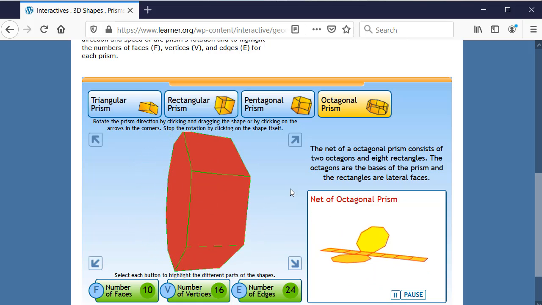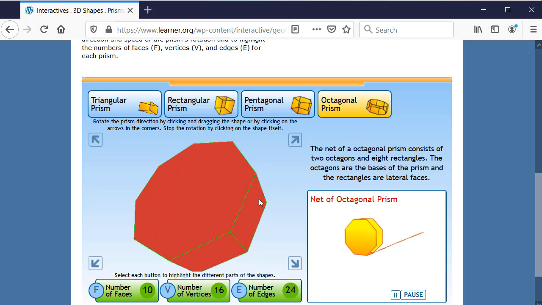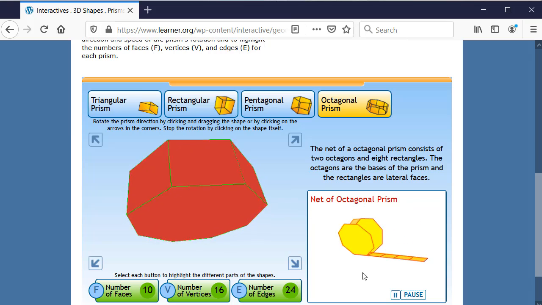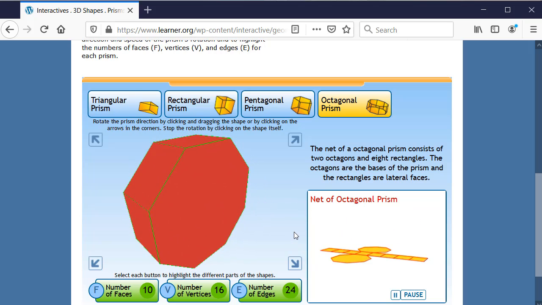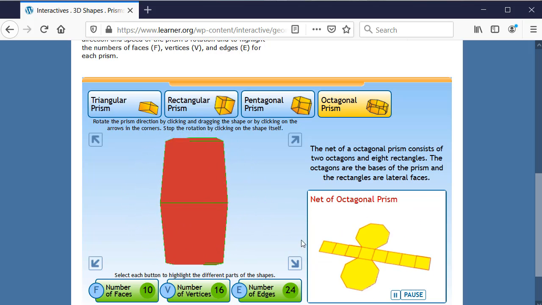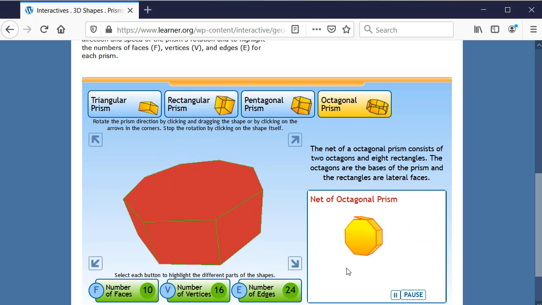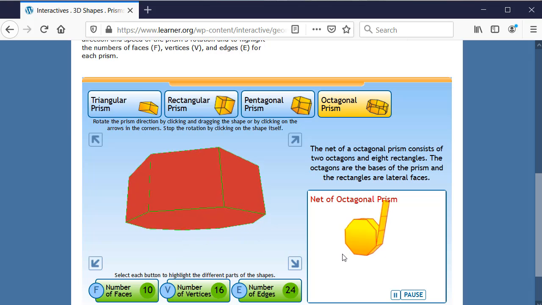A lot of times, especially if this is the first time that students are learning about three-dimensional solids, having the nets fold and unfold helps give them a better perspective of how you go from two-dimensional to three-dimensional and vice versa. Another good real-world example that they would use